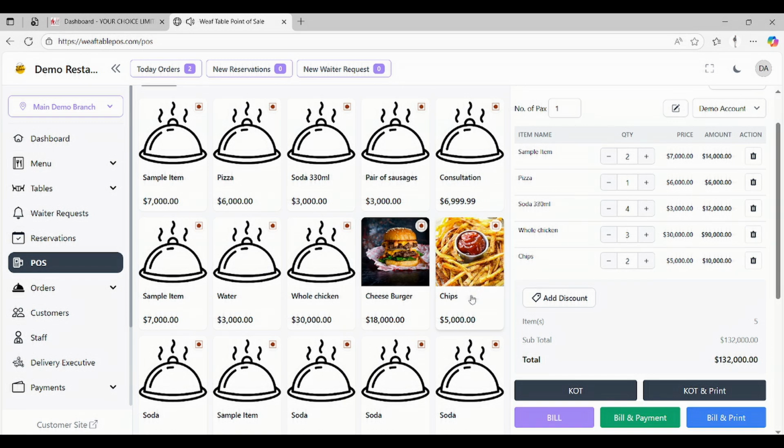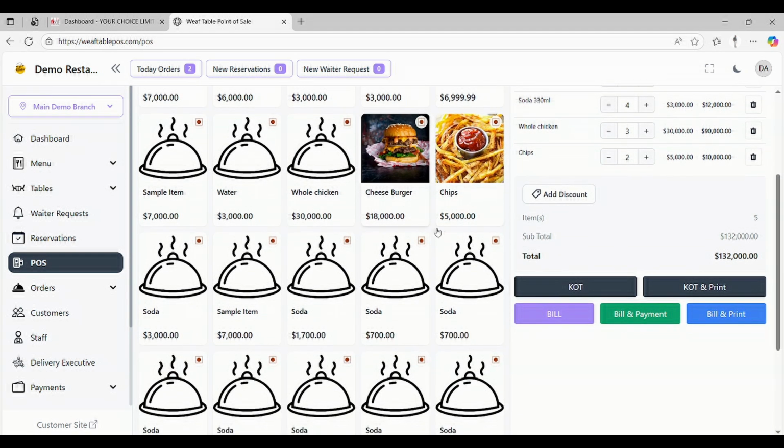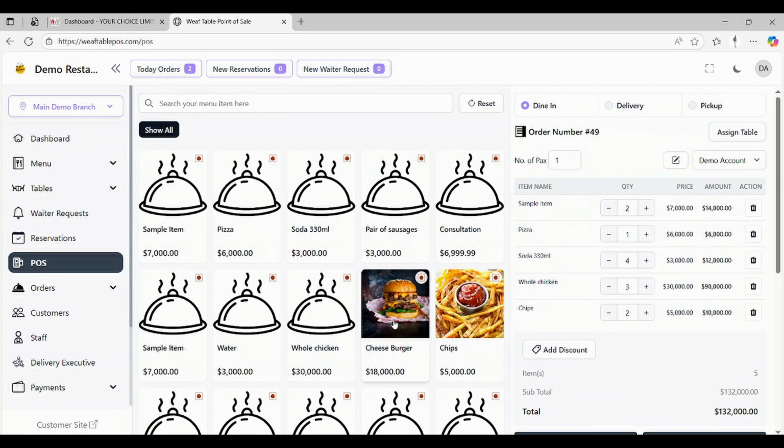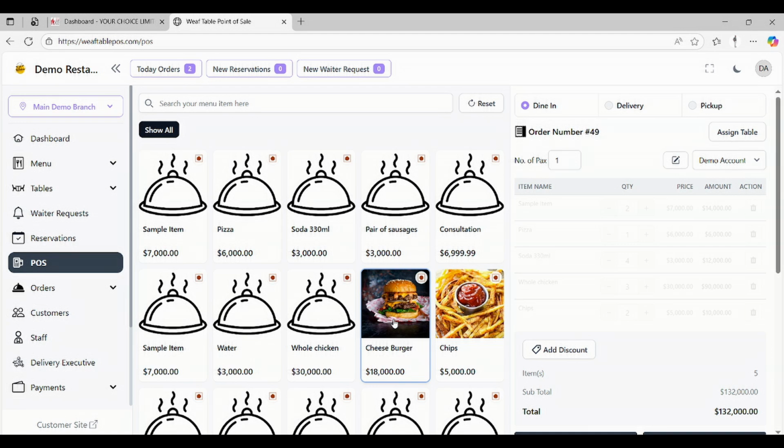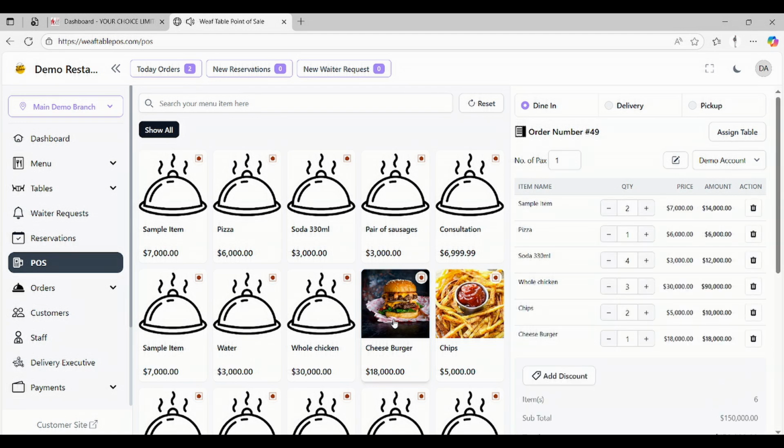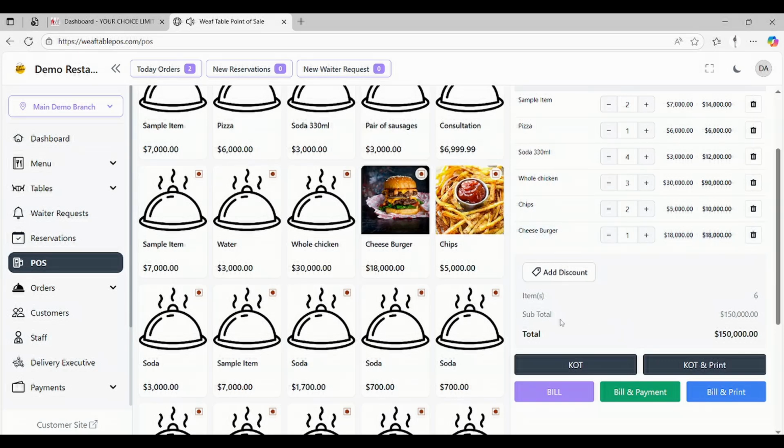Okay, so after making your selection, I'm going to also add the burger. After making your selection, I'm going to go ahead and bill,